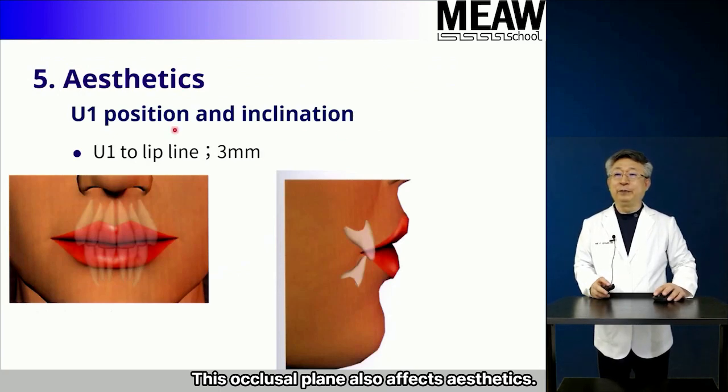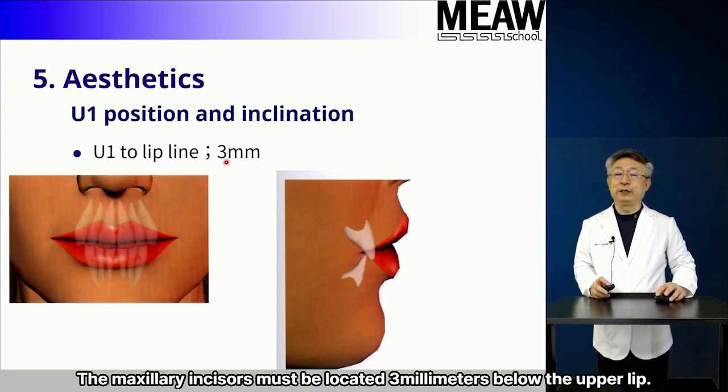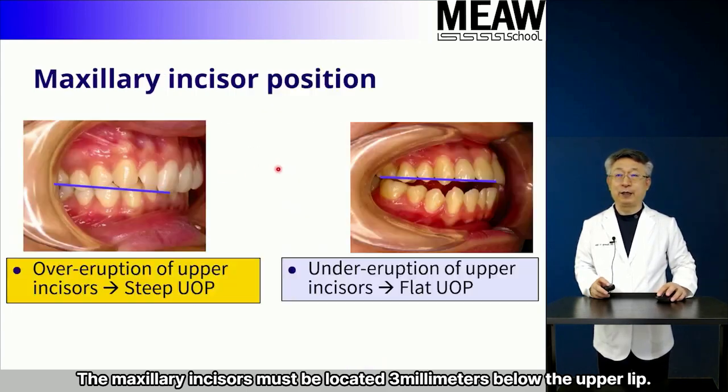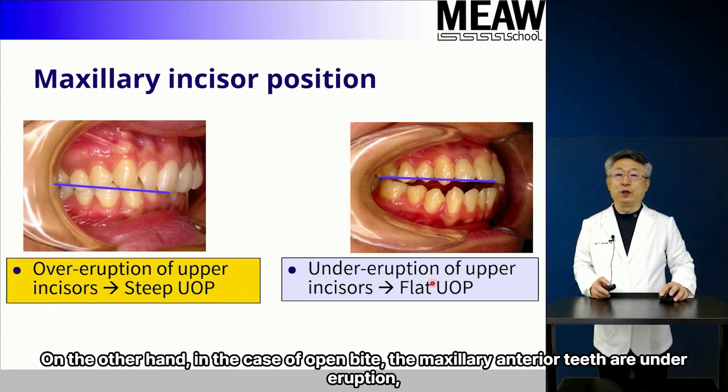This occlusal plane also affects aesthetics. In particular, the maxillary incisor position is closely related to the aesthetics. The maxillary incisors must be located 3 mm below the upper lip. In the case of deep bite, the maxillary incisors are more over-erupted, which can be viewed as steep UOP. On the other hand, in the case of open bite, the maxillary anterior teeth are under-erupted, which can be